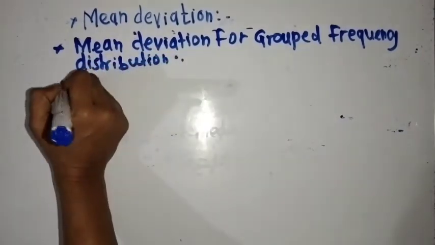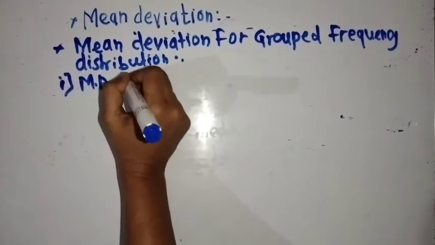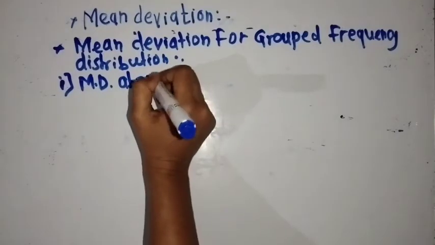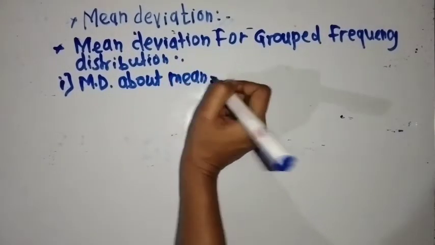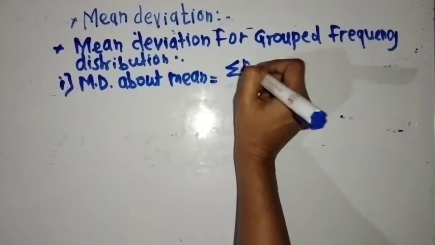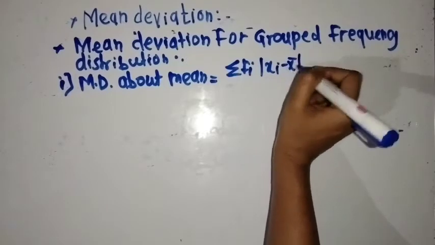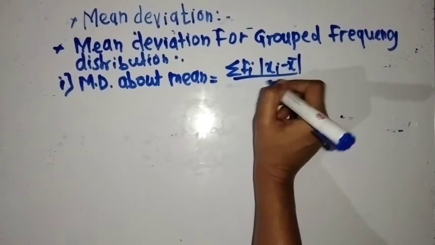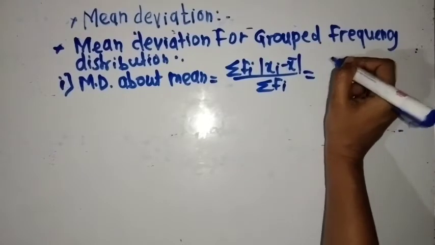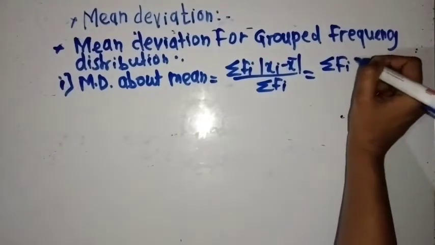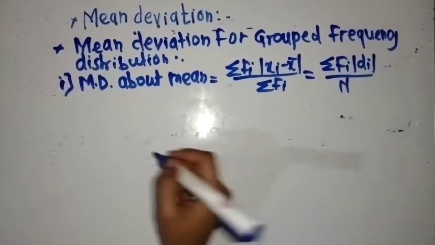So first is mean deviation about mean is equal to summation of fi mod xi minus x bar upon summation of fi is equal to summation of fi into mod of di upon n,